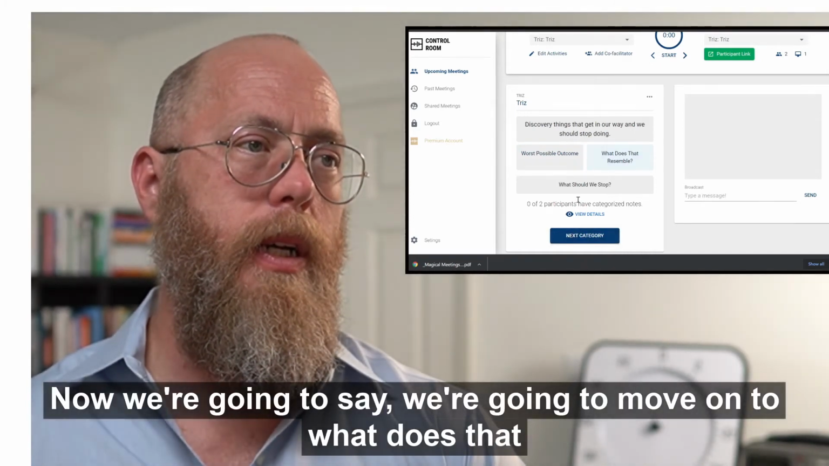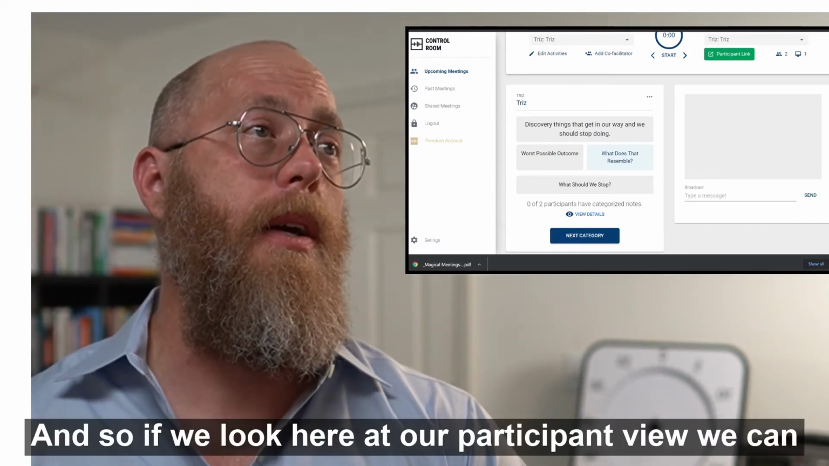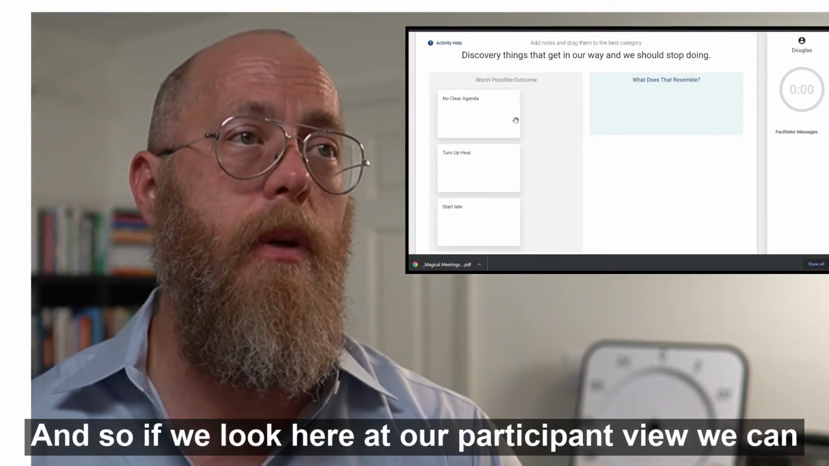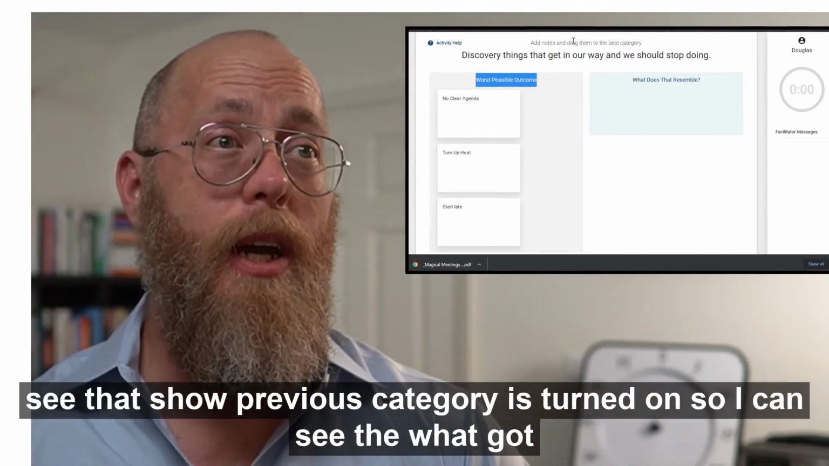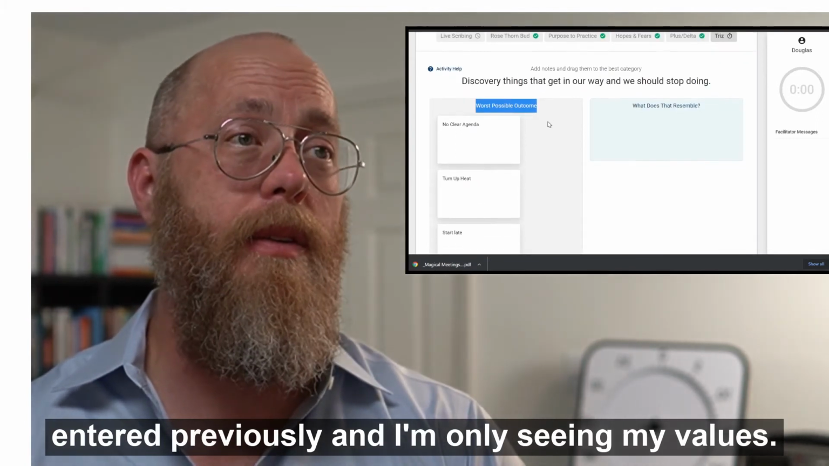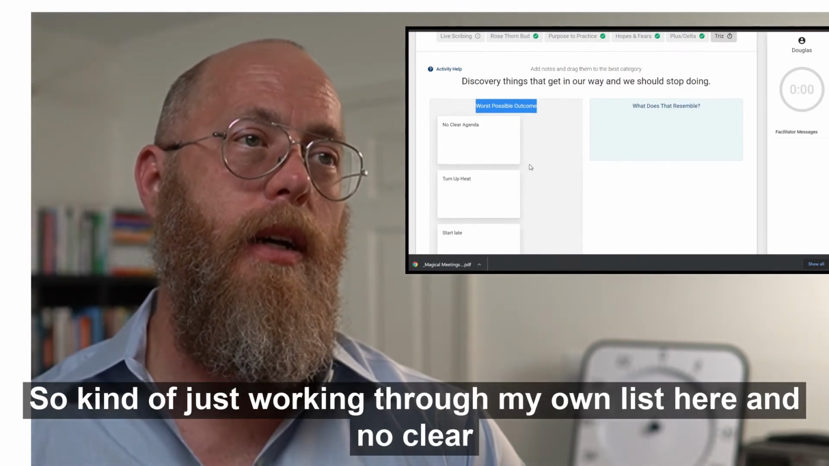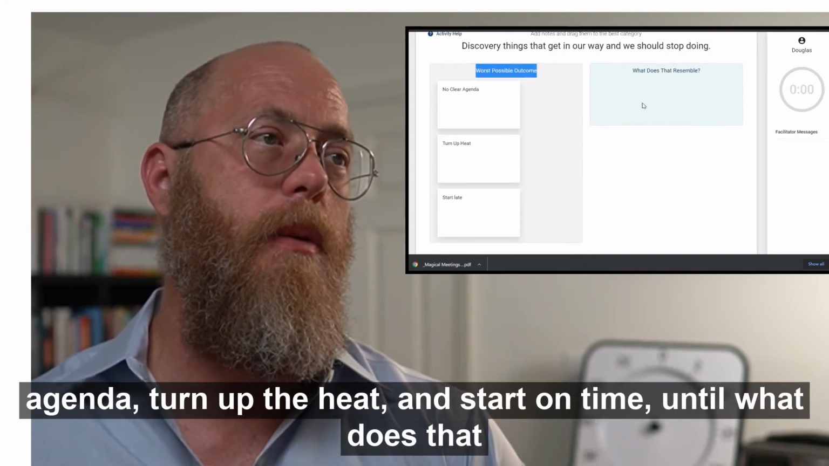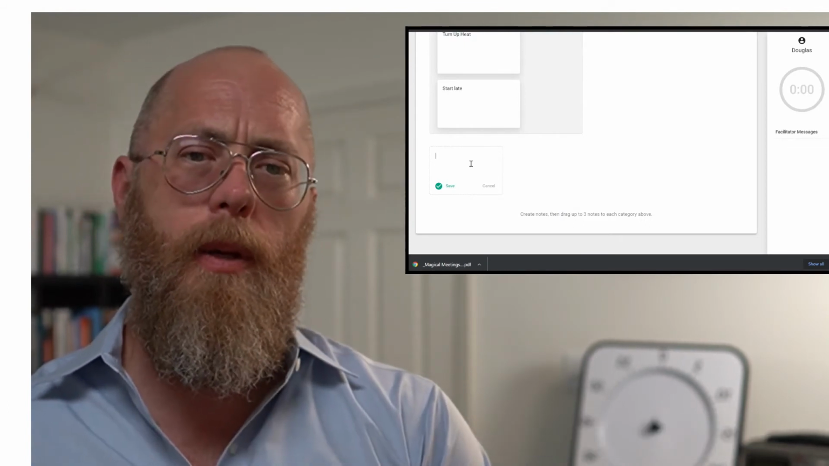Now we're going to move on to what does that resemble. If we look here at our participant view, we can see that show previous category is turned on, so I can see what got entered previously. I'm only seeing my own values, so I'm just working through my own list here: no clear agenda, turn up the heat, start on time. And so what does that resemble? So now I can start entering things like,